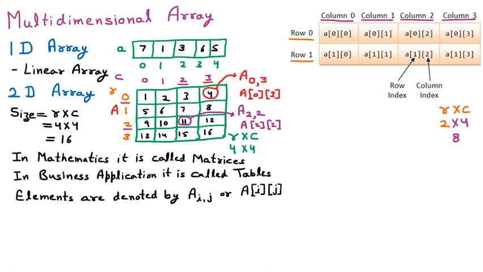Now the important thing, every element is represented by some particular index i and j. So you can see that the first one is the row index and the second one is the column index. So everywhere the first one is the row and the second one is the column. Let us suppose that we have certain elements placed inside: 1, 2, 3, 4, 5, 6, 7 and 8.